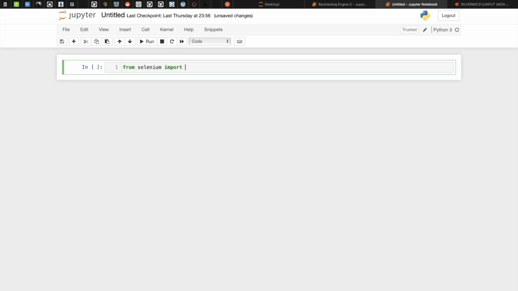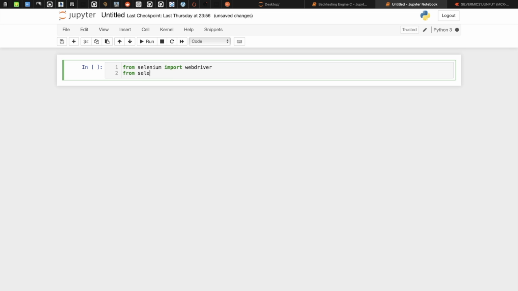The next is a module named Options from Selenium WebDriver, which is meant to manipulate the Chrome driver window. So from selenium.webdriver.chrome.options, import Options.